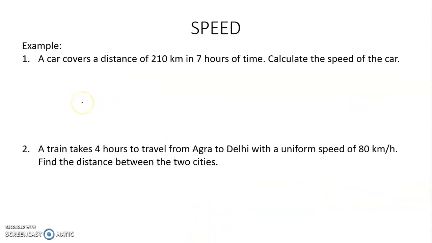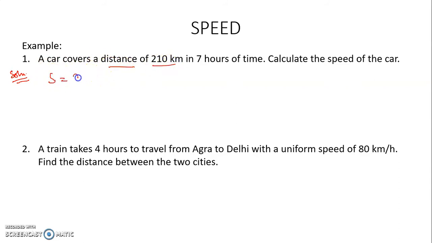Now let us see a few examples. A car covers a distance of 210 kilometers. Students, you are in class 7 and I am going to teach you how you should do numericals, because it's a major concern for kids at your age and at your standard. So how are you going to do this to get full marks? First, write down the data. So what are the data given to you? Distance is given to you, 210.